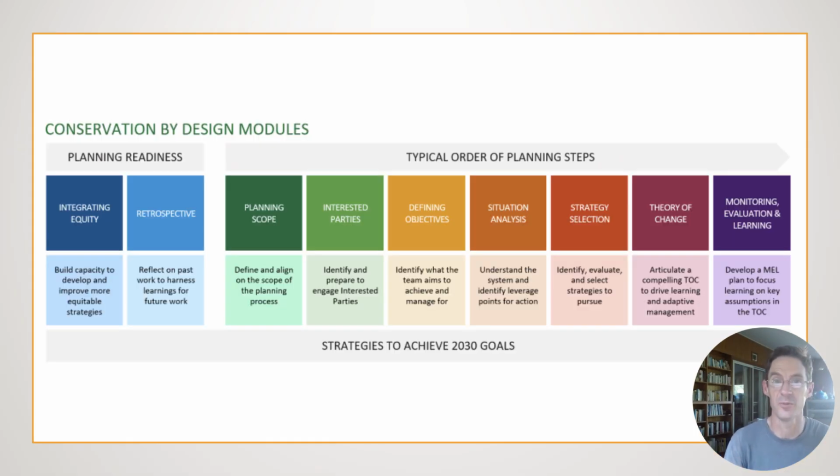And if you do, you'll know that we took what we call a modular approach. So we broke the key steps in developing conservation strategies down into a series of standalone modules, tools, resources, and guidance, and teams can move among these modules in whatever order they might want to. Now, there are 2 of the modules, our theory of change and our monitoring, evaluation, and learning modules, that provide specific support with intermediate results. And so I'm going to jump in and talk a little bit more about those 2 here in just a moment. Now, that said, even though these modules are standalone, meaning you don't have to go through preceding modules in order to be able to jump into a module,